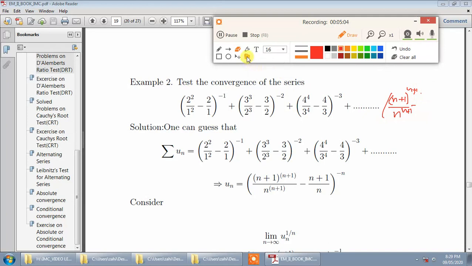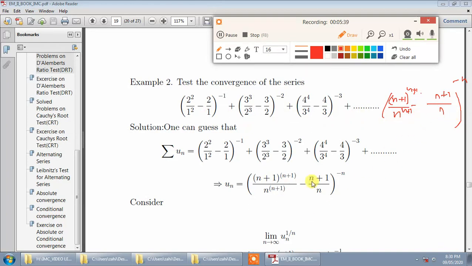I will be requiring much space over here. So this term, sorry, raised to minus n, power is minus n. So what is next? First term contains 2 by 1. Okay, let us first talk about the numerator. First term contains 2, second term contains 3, third term contains 4, so it is simply n plus 1, and the term contains n plus 1. Denominator is 1, 2, 3, so therefore it is simply n.